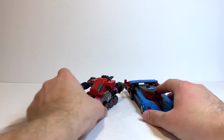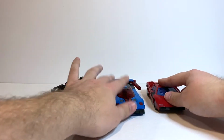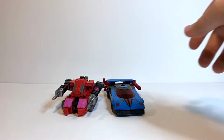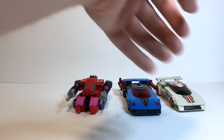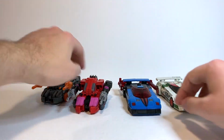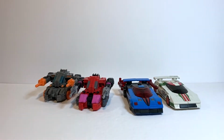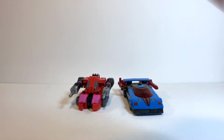But whatever. For this regular size comparison, for the standard one, here they are with Kingdom Sideswipe, so you can see pretty standard size cars there. Here they are with the original Earthrise Wheeljack and Earthrise Fast Track, so you can see Fast Track and Wheeljack, that's fun. So you can see what they look like with their original molds there. And then here they are